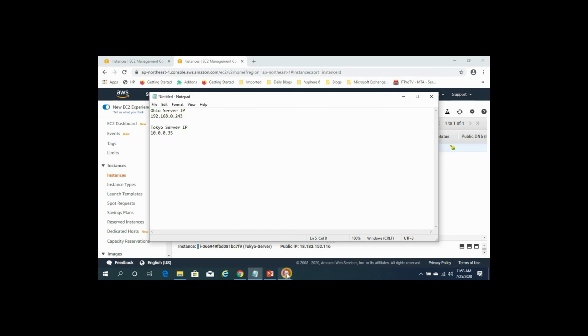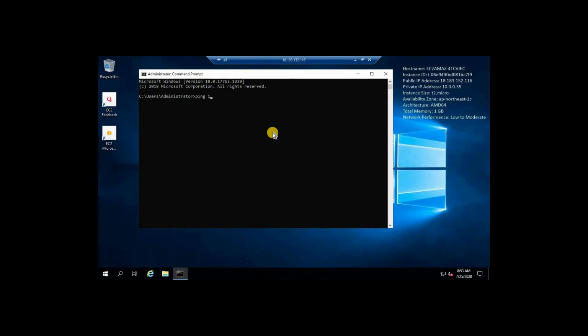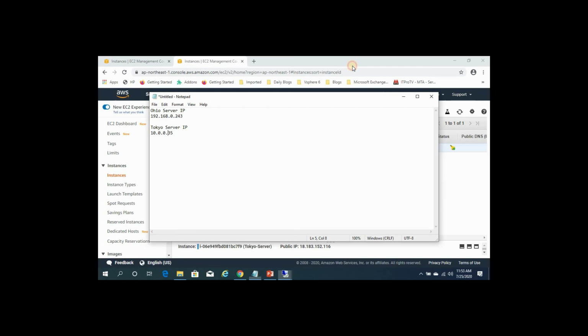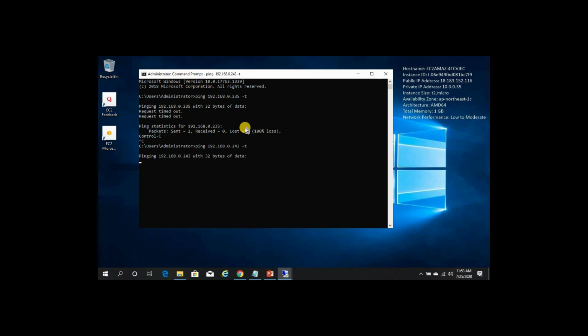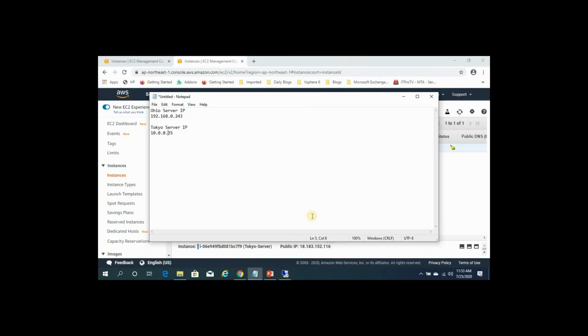It's 235. ping 192.168.0.235 /t. Sorry, the IP was wrong. So it's successfully pinging from our Tokyo region.